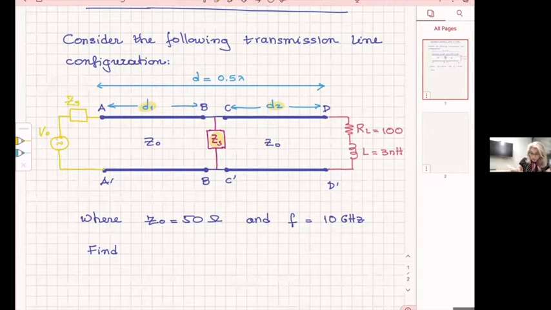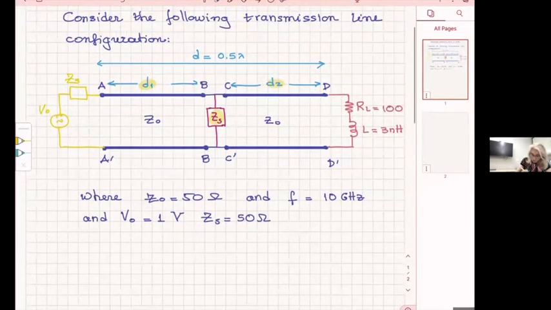And also the other thing that I'm giving you is that V naught is 1 volt and ZS is also 50 ohms. Okay, so now what I'm asking you to do, find